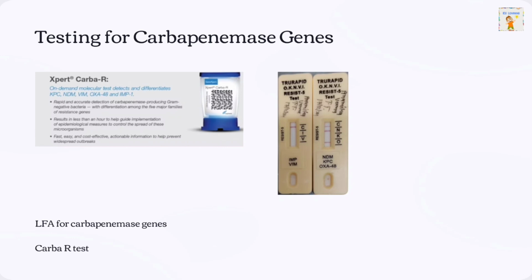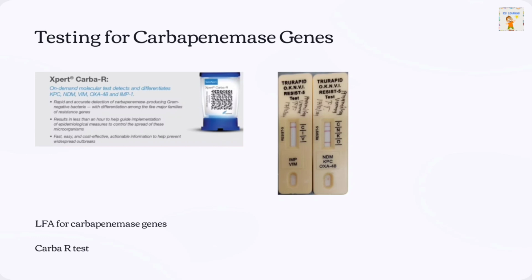If you are strongly suspecting carbapenemase enzyme and the culture is showing resistance to the standard antibiotics, then you have to investigate further and detect which carbapenemase enzymes are present. So there is the Xpert Carba-R test which detects KPC, NDM, VIM, OXA48 and IMP1 carbapenemases. There is a lateral flow assay as well